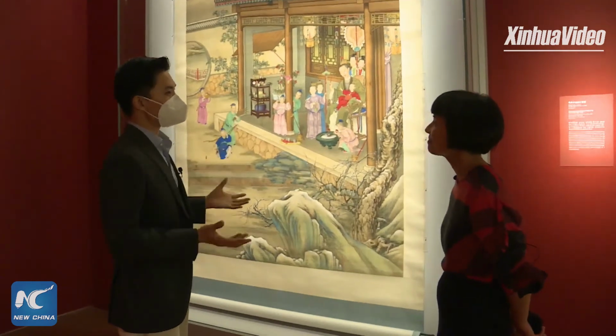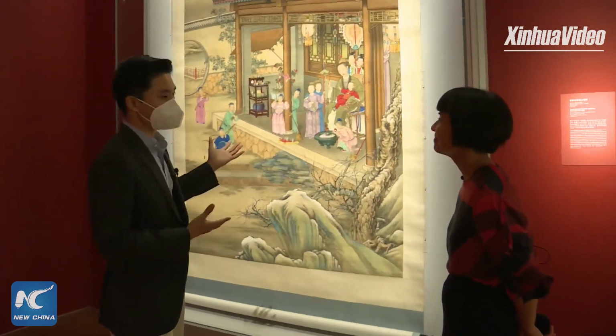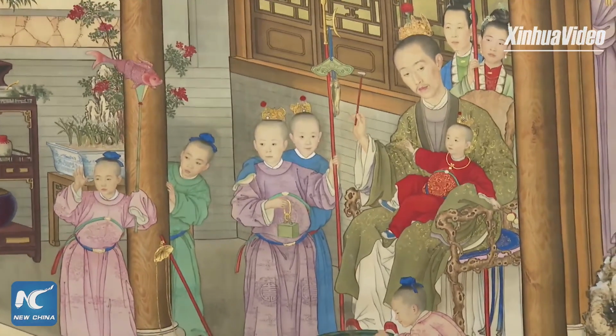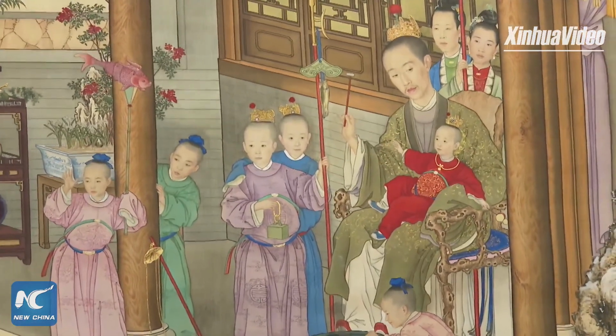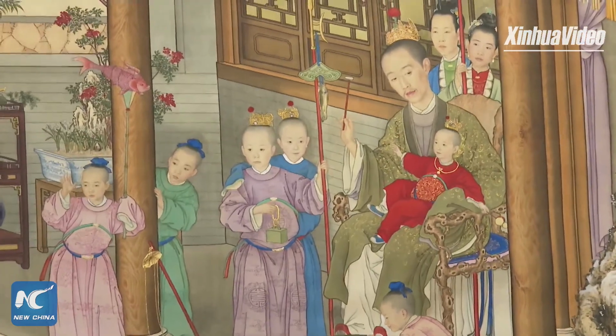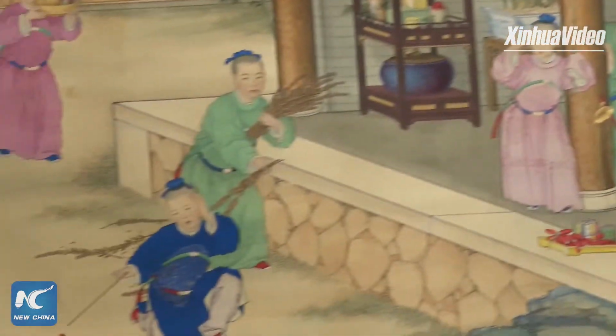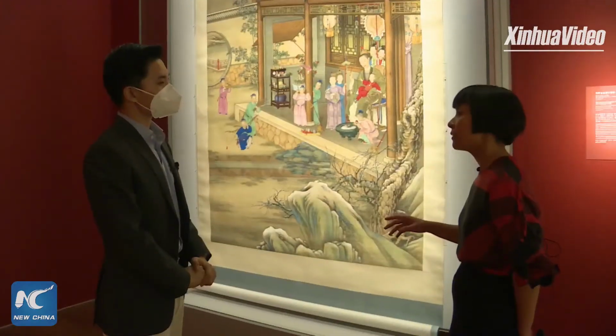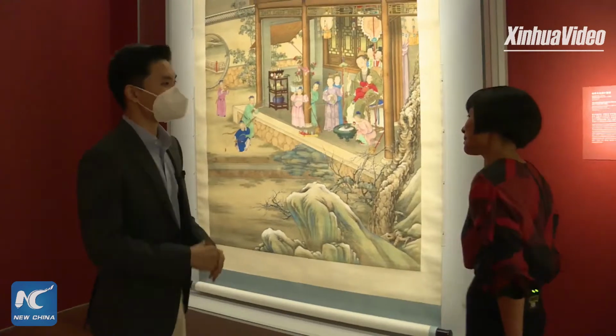So relative to the majesty of an emperor, it shows us the daily life of a normal father. This is an entry piece, and we really want to create an entry point, actually many entry points, for visitors with different backgrounds to really walk into the Forbidden City and experience firsthand the life inside the Forbidden City. So let's get into